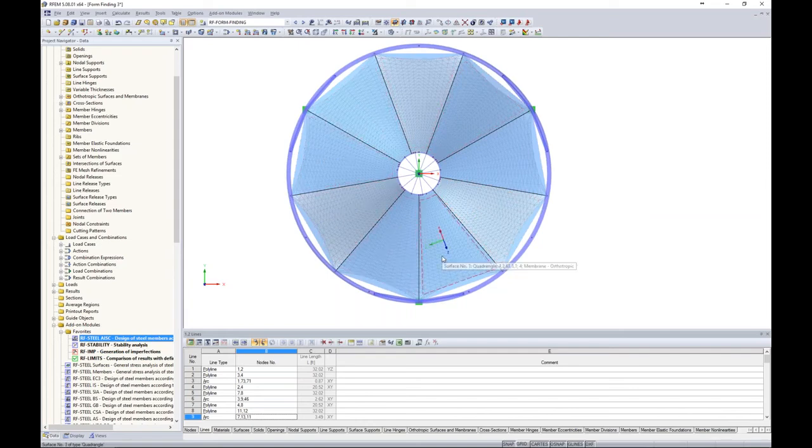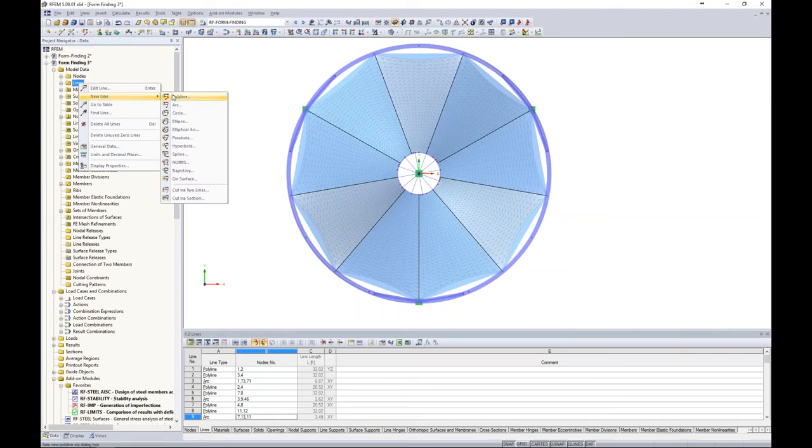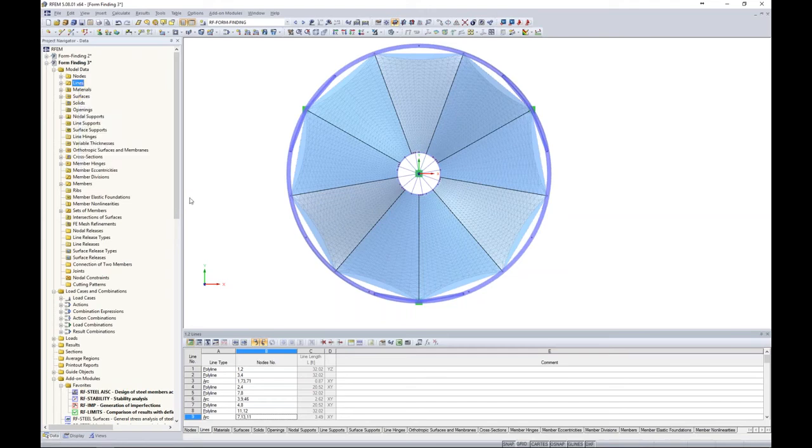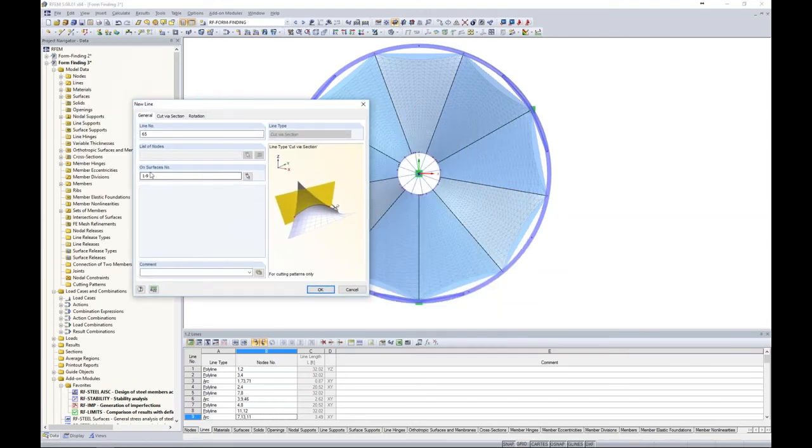So, you know, we could take these surfaces and cut them in half, but that would require some remodeling, and it's not very user-friendly. So we have a nice feature in our Project Navigator that we can right-click under lines to create a new line. And again, this is what we saw at the very beginning of the webinar, but instead we're going to choose Cut via a section. So all this is going to do is apply it to surfaces 1